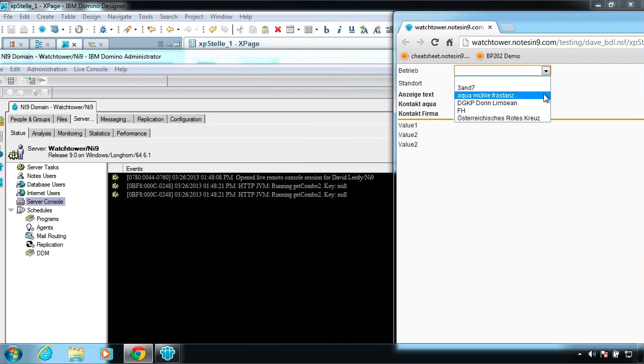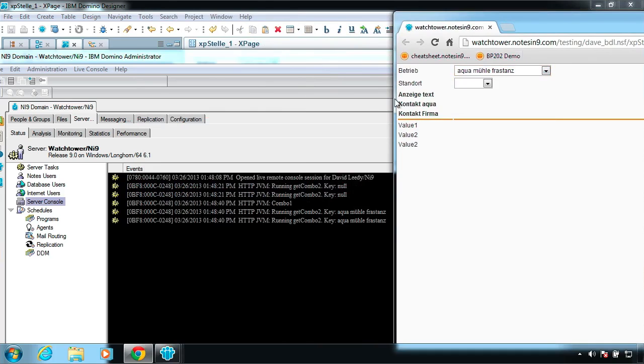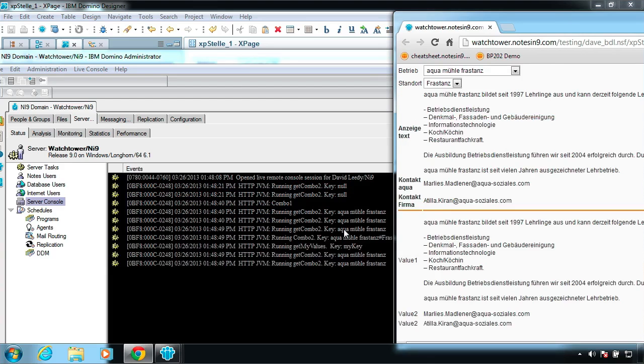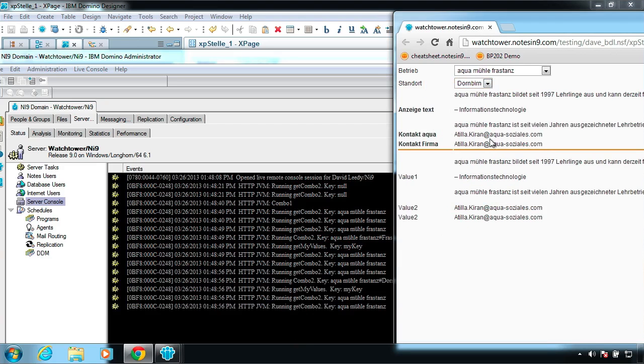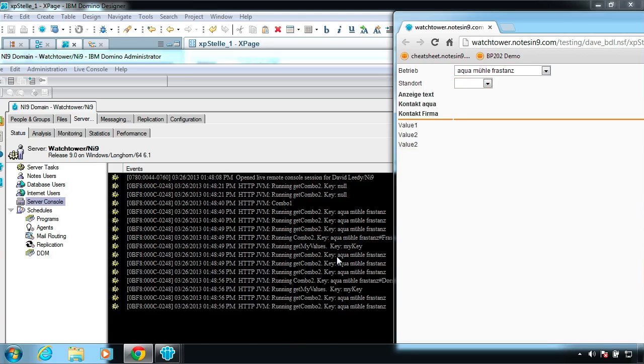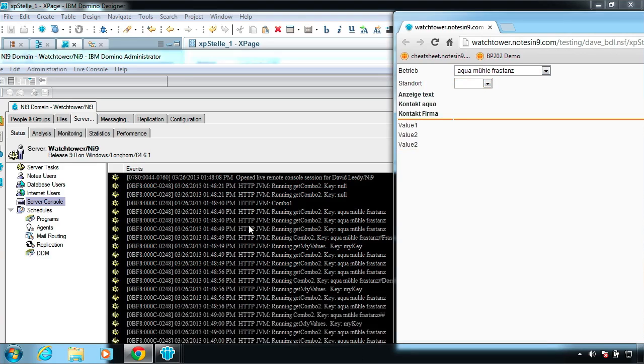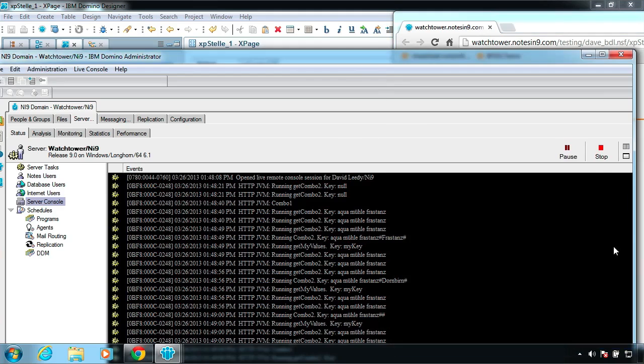But the get combo 2 is trying to run, and again, I can probably clean this up better, but here it is, combo 1, and then here's combo 2 showing the key. Again, I might have screwed that up, but what I want to show you is, see how combo 2 is running multiple times in a row? I click it once, and it's running multiple times. Again, this is probably not the best example, but the fact is it's running multiple times in a row, and I believe that is a case of